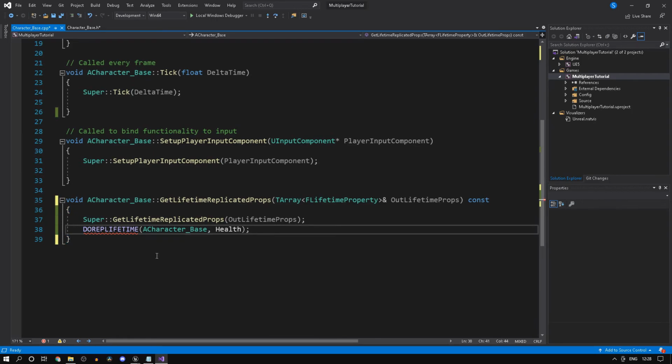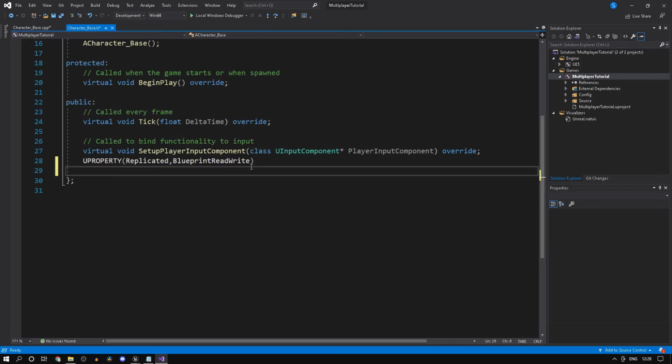And now once we have this all set up, one thing to note is that you can add more variables by calling this DOREPLIFETIME again, and you can change the name of your variable over there. And over here, let's just type in float Health = 100.0f; and that should pretty much be it.